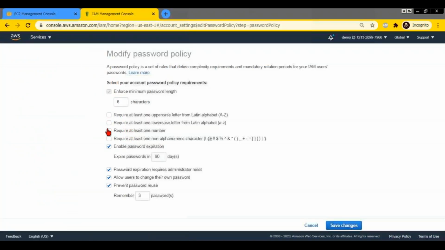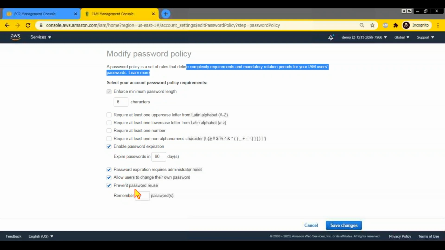And you have a lot of options. You can say the minimum has to be 8 characters. It has to have one uppercase, one lowercase, one number, one special character. You can set the password expiration to 1 month or something. That is up to your company's password policies and complexity requirements, so that people just don't use simple passwords and never change them. You can enforce that using this combination of options.